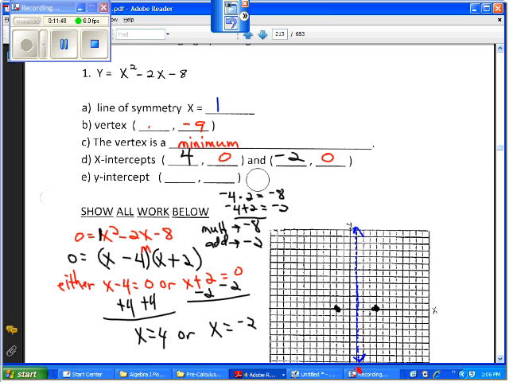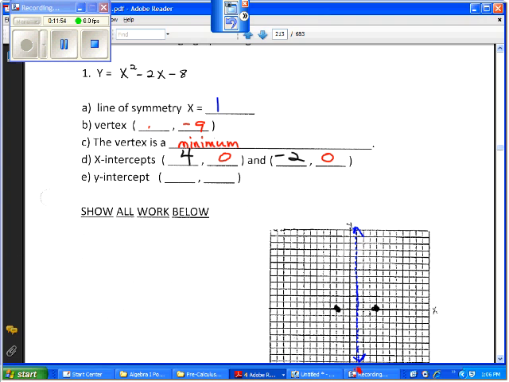You got that? So we had to use a little factoring to get that. To find the y-intercept, I'll let x be 0. So we're just going to stick that in place of x both times. And we would have y equals 0 squared minus 2 times x of 0 minus 8. When we let x be 0, that part gets wiped out, and we have y equal negative 8. And so the y-intercept is negative 8,